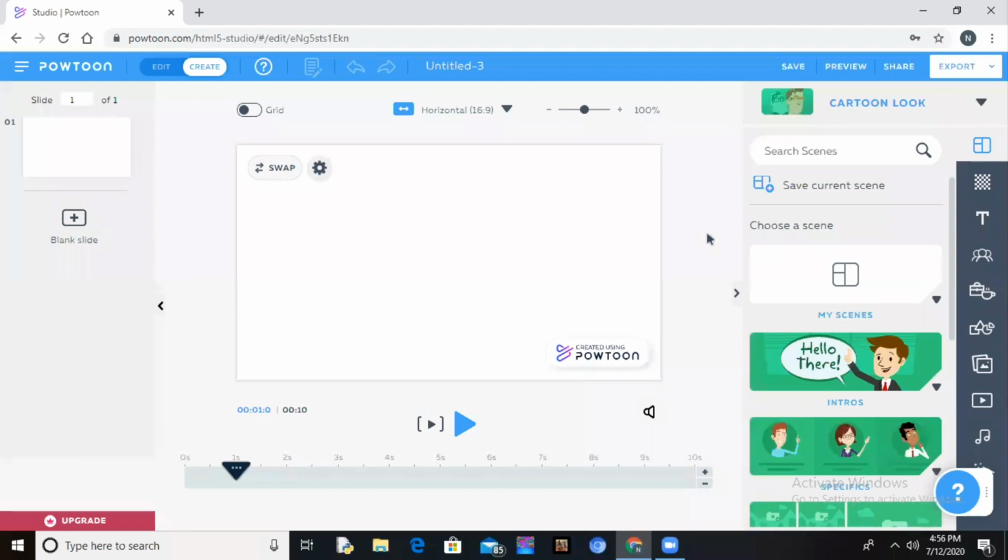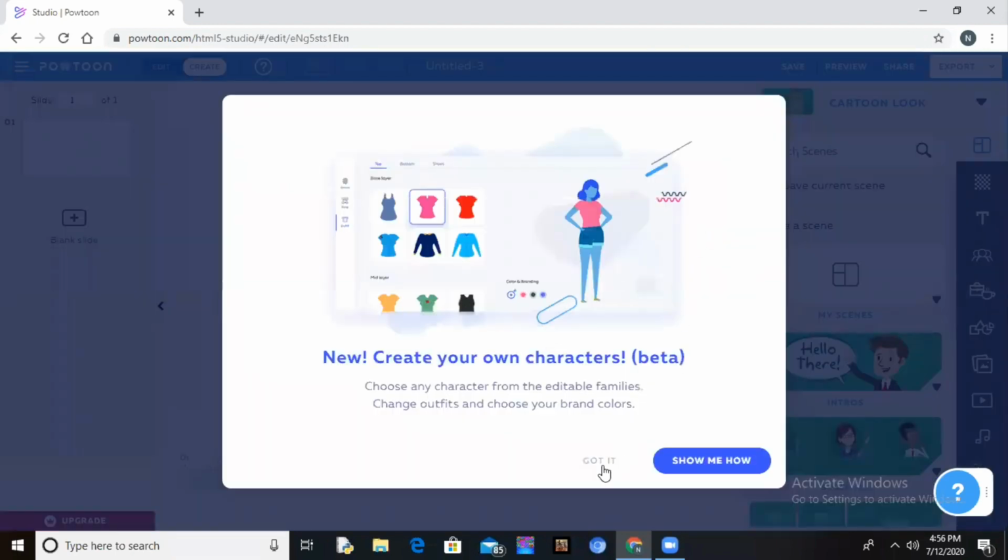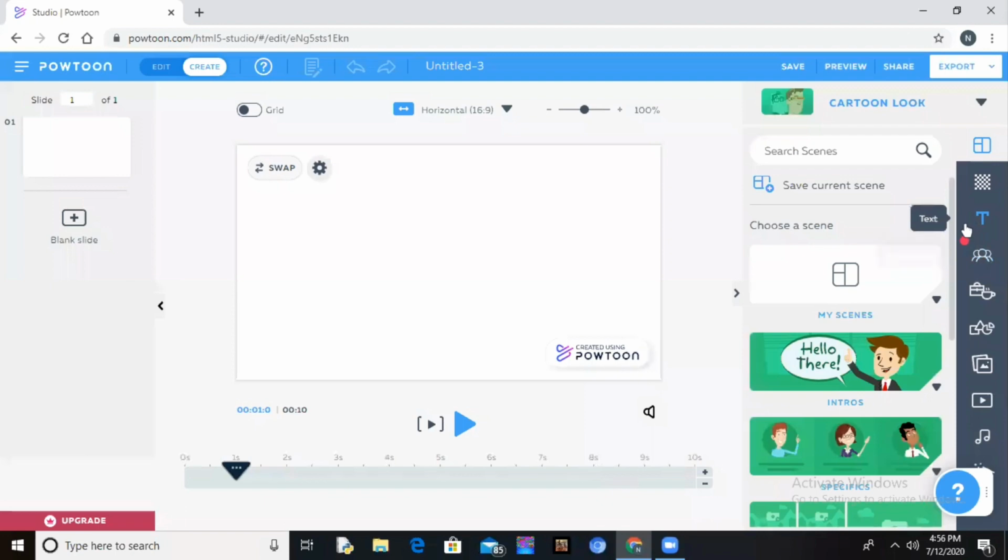In today's class, we're going to learn about this software. We are going to learn how to use all the things that are available in its library. On the right hand side, you can see there are so many options. On the left hand side are blank slides. This is the working area where you have to create your presentation or videos, and this is the timeline which you have to manage.